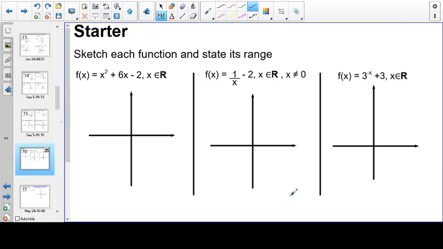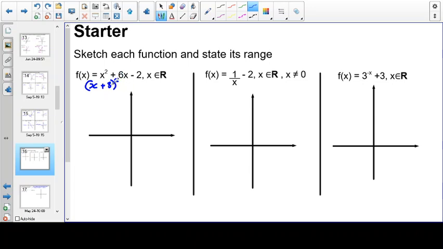Hi, this is the next video on functions. In the last video I sketched lots of graphs and talked about the domain and range of each graph. So I'd like you to first of all pause the video and try and sketch those three graphs. Okay, so this one you would